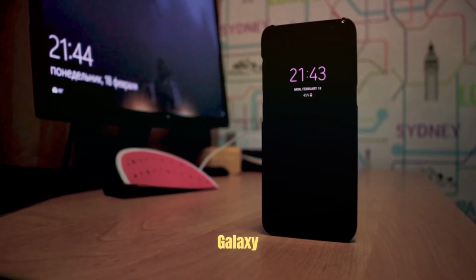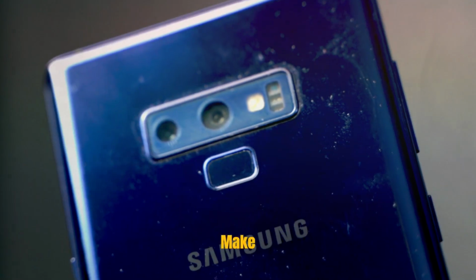If your Samsung Galaxy phone feels slow in 2025, turn off these 5 settings immediately and make your phone as